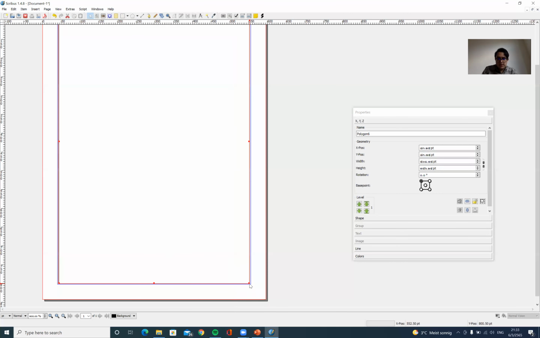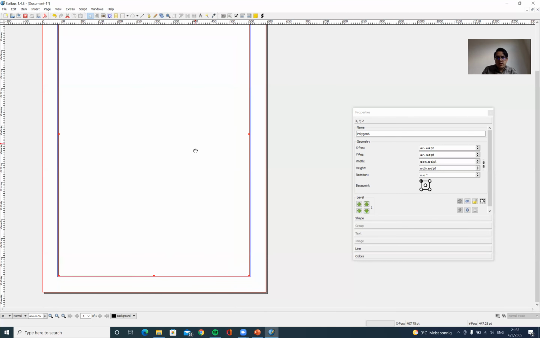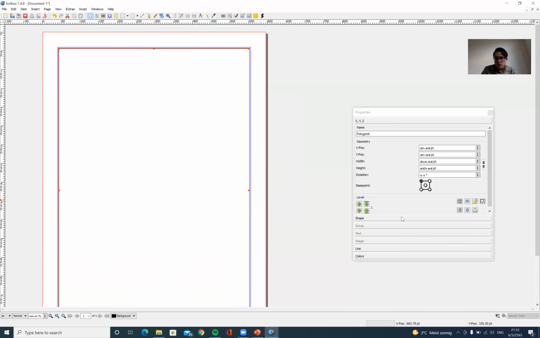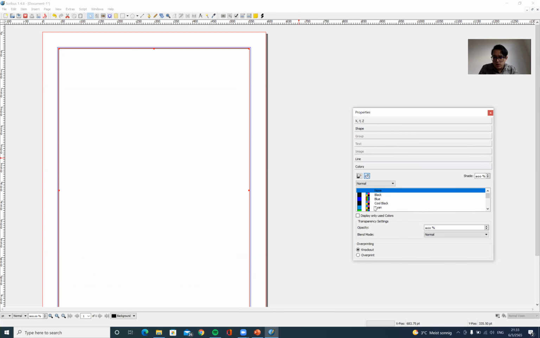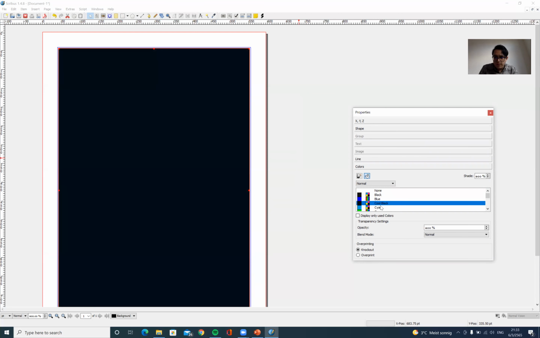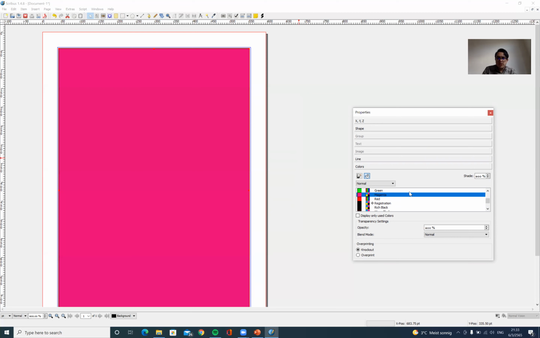Set it like this. And go to shapes. Color, use the color for the background that you want. Use magenta,